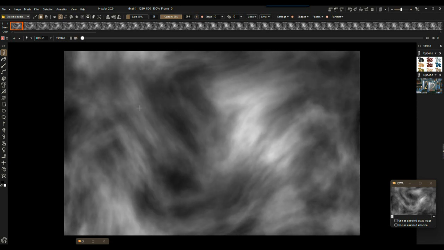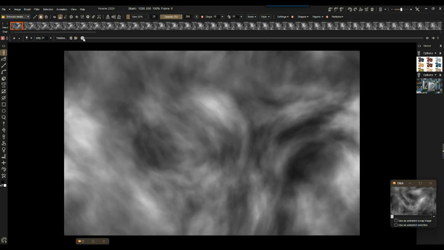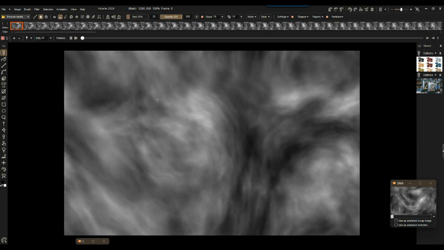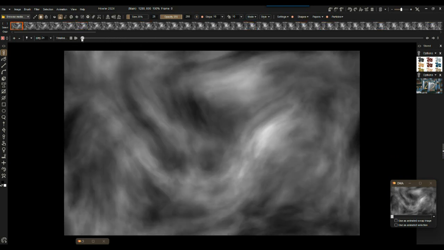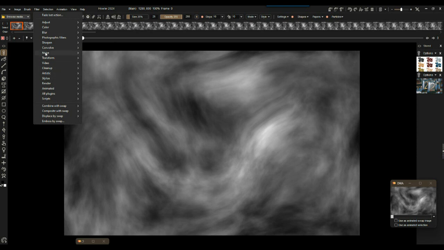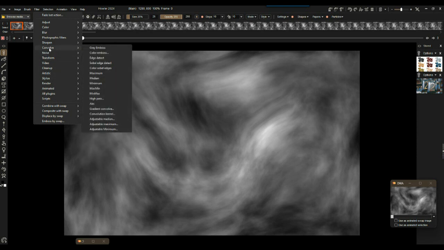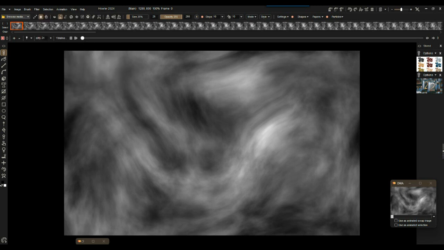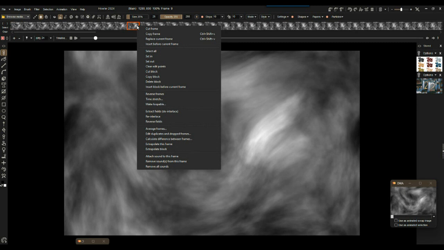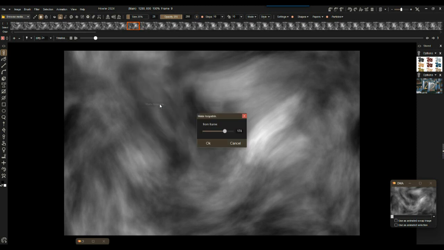So now the next thing we want to do is perhaps improve a little bit on the contrast, maybe emboss it, maybe do some edge detection. I'll leave it to you to explore some of the convolution filters, sharpening, and so on. That's not the purpose right now. The only last thing we want to do is right click on this animation and say we want to make it loopable. And what that's going to do is take a certain number of frames at the end,